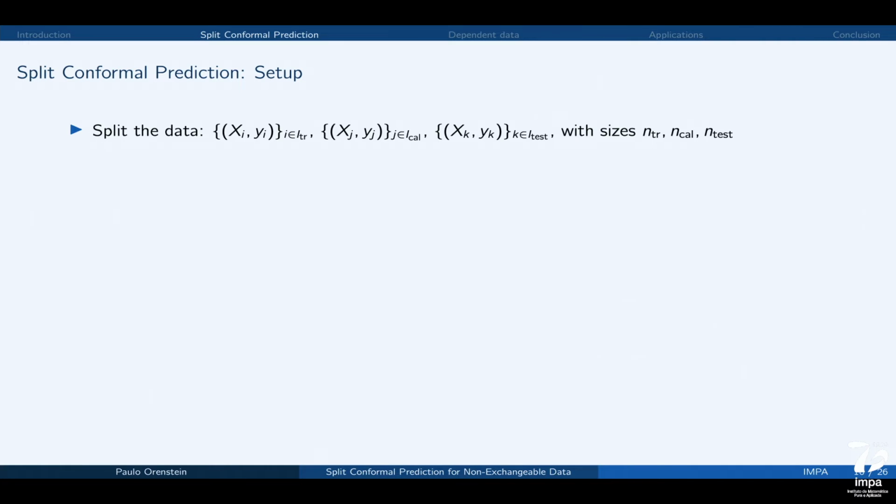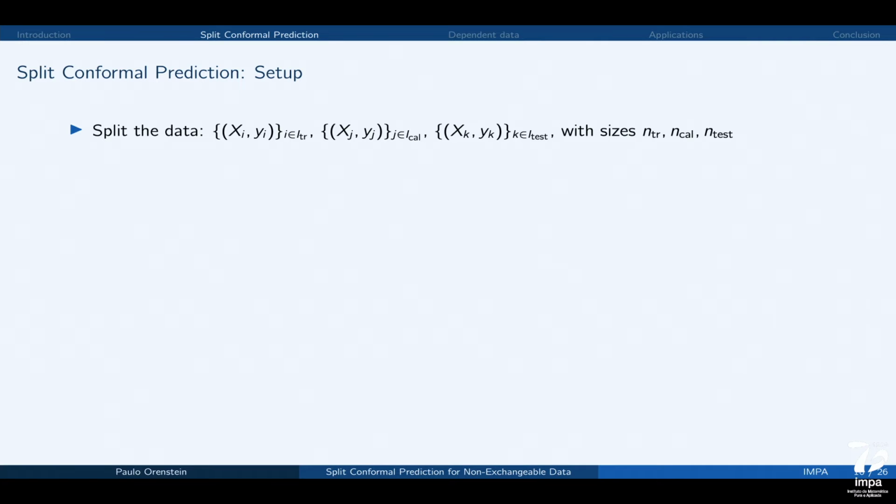I'm going to try to use different indices for the different sets, so it's easier for us to follow along with what's going on. So I will use i for train, j for calibration, and k for test. The idea here is that we're going to use this training data to train our prediction method, let's say the UNet. We're going to use the calibration data to find this rule C, and we're going to use this test data to see how well we're doing.